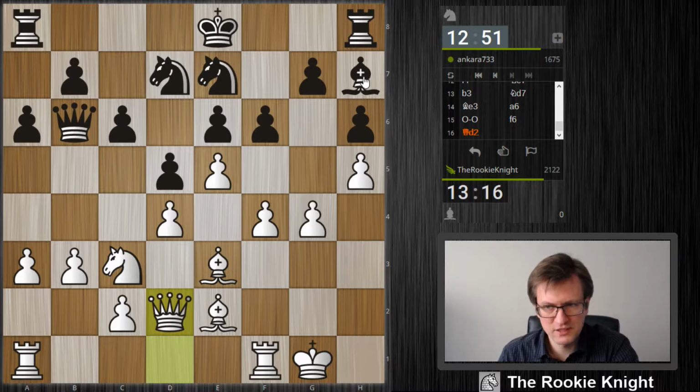The bishop on h7 is pretty good. He has a lot of squares under control. Maybe I should exchange the bishop d3 sooner or later. But at the moment black lacks a little bit of space, so there are not that many squares his knights can jump to, so